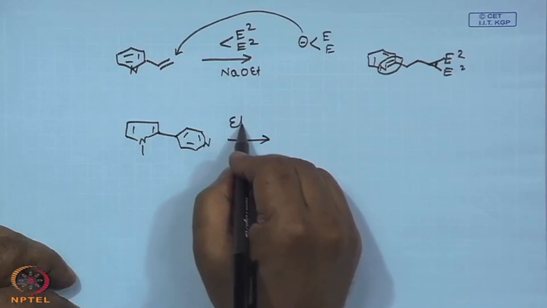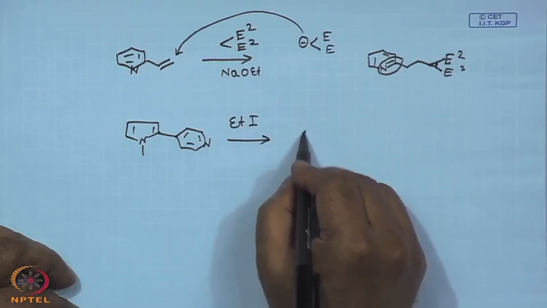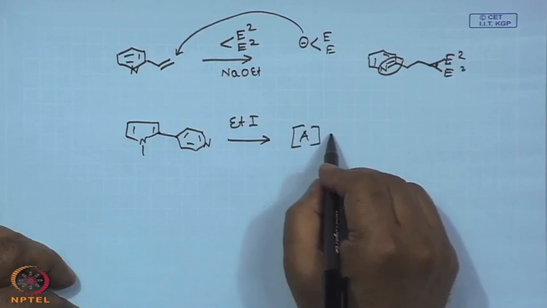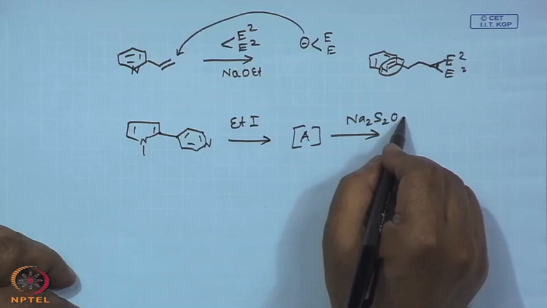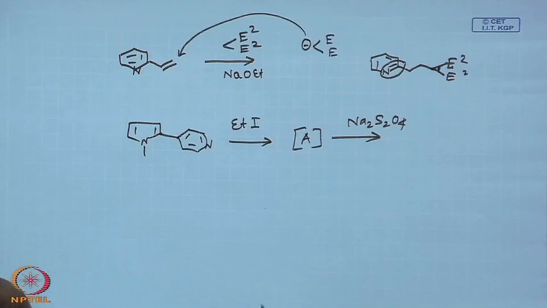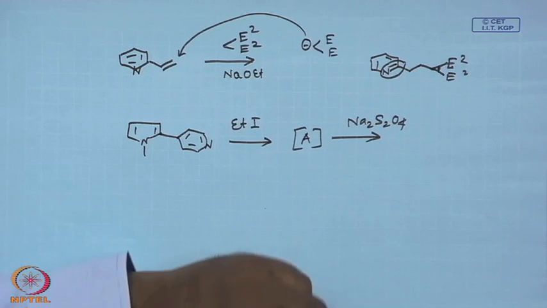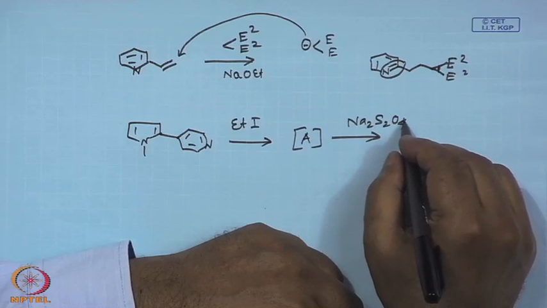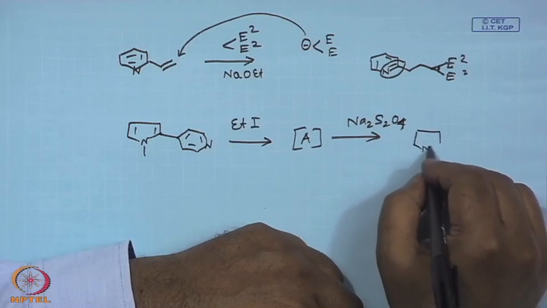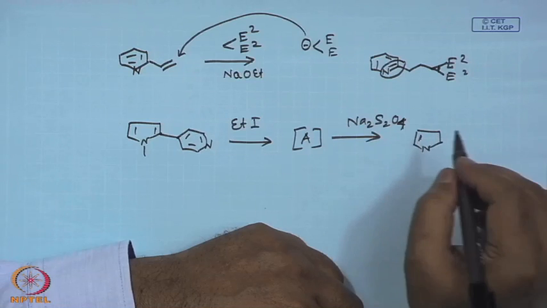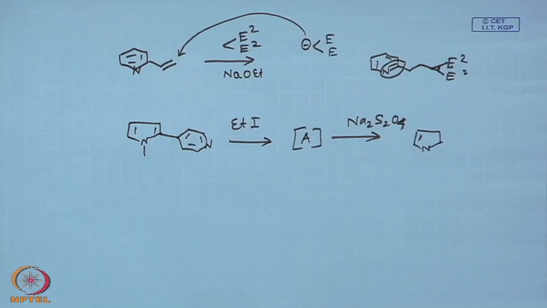You do reaction first with ethyl iodide, you get a compound, let us say A, and then you treat with sodium dithionite. That means we are talking about the chemistry part; commercial utility etc. we will be talking about a little later. Just to show you what could be the new chemistry, I will not write the structure. Let us look at first